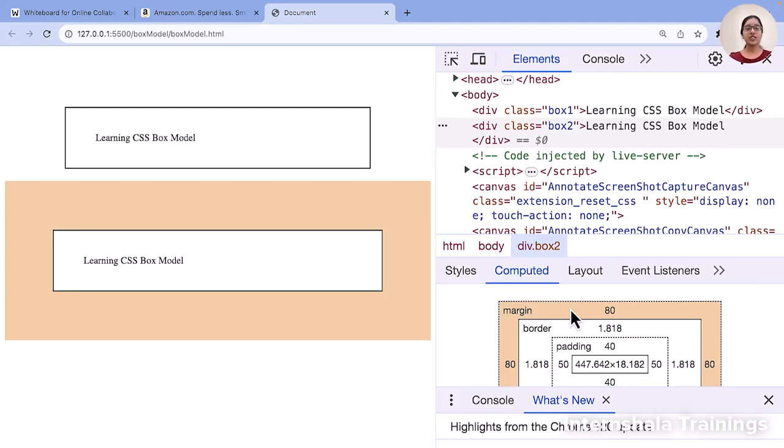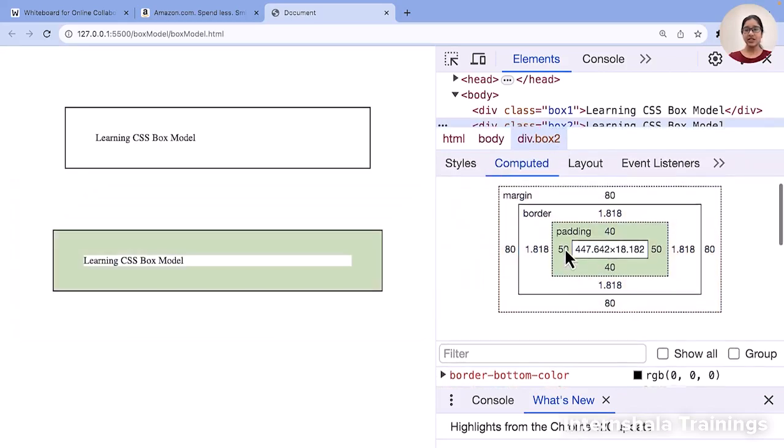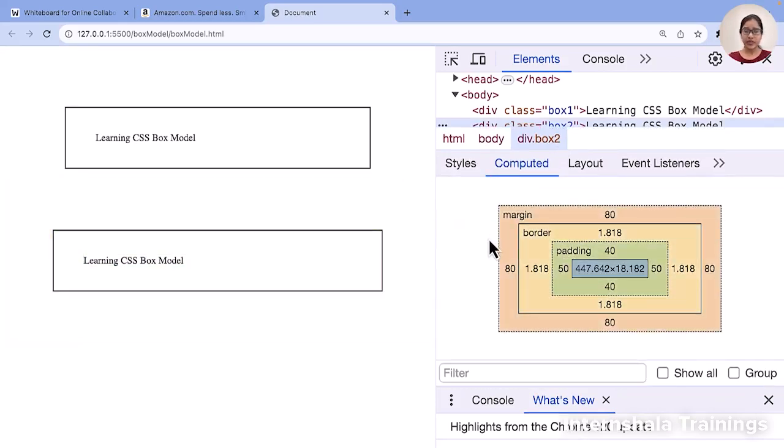So what is margin? When you add space outside that element. If you see the complete box model, anything inside your HTML page is represented using a box. We have the inner width and height of the content, whatever content is present inside it. You have padding, which is the space between border and content.